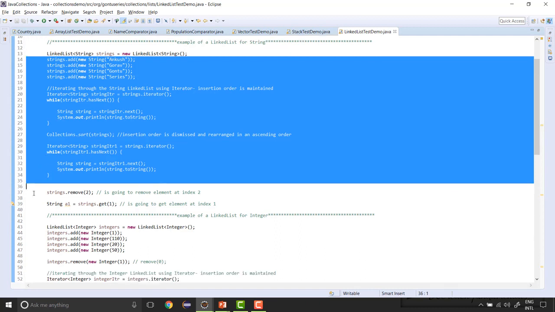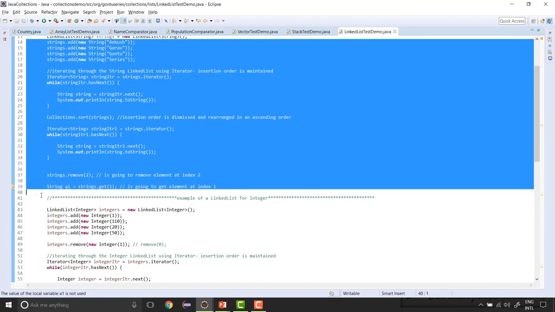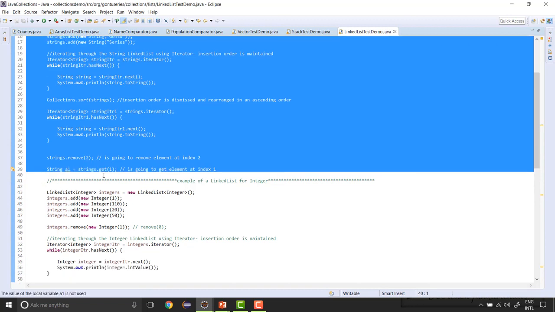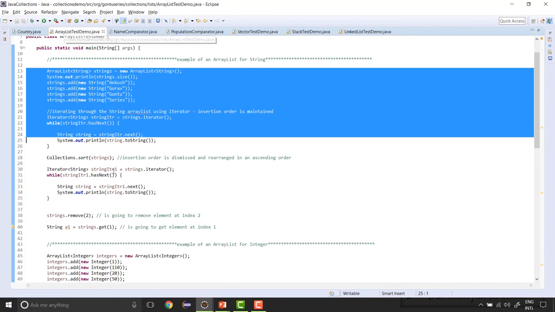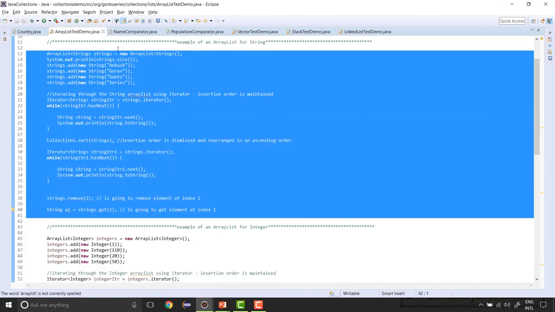The way to remove things is also the same. You have to specify the index you want to remove, and it's going to remove it. If you want to get an element, you have to make use of the get function. The same way we saw in the case of the array list. The only difference is,